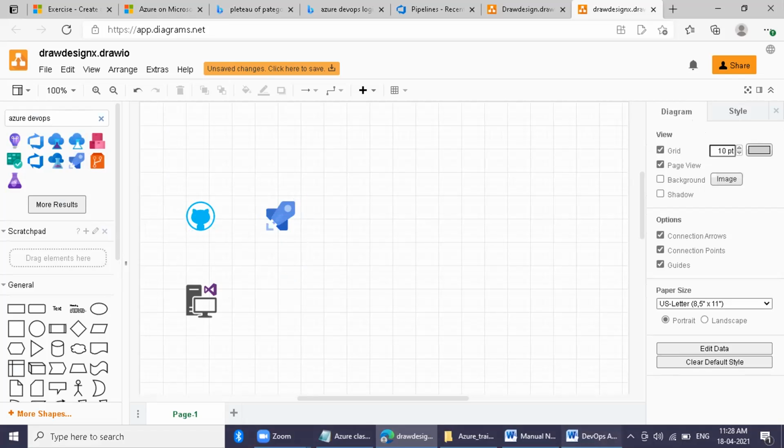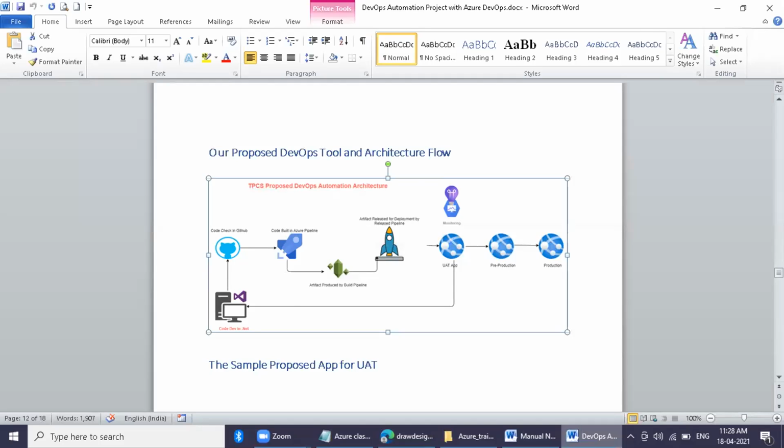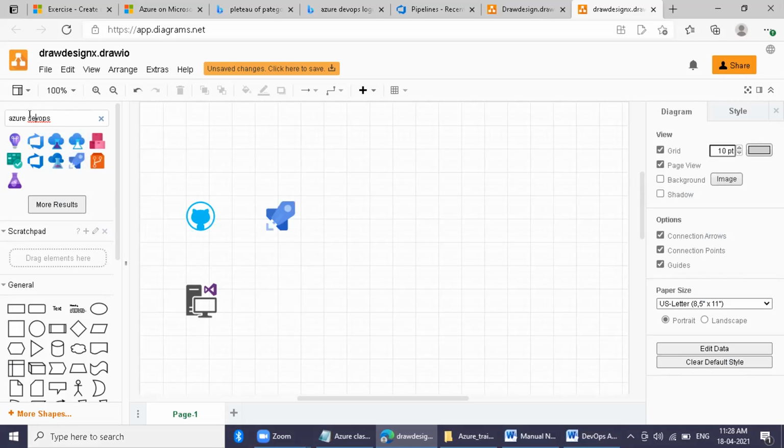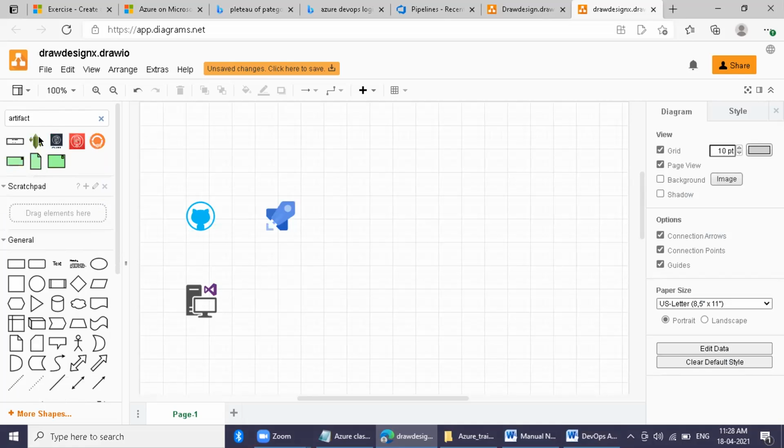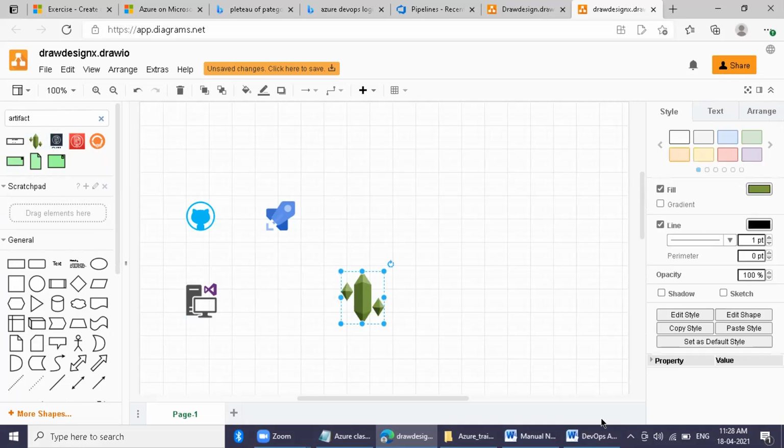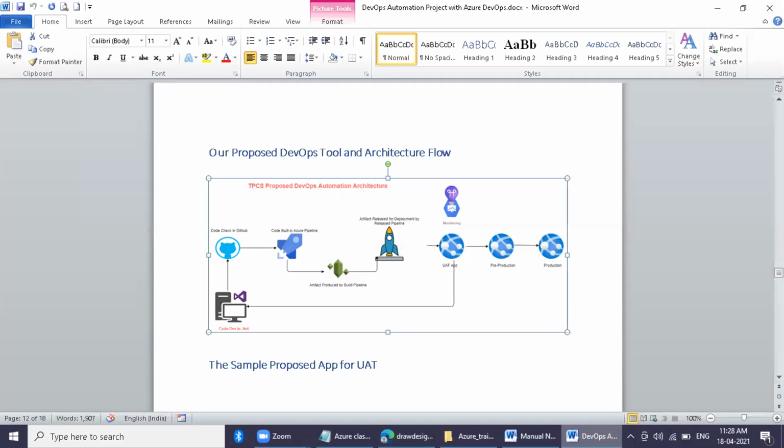Then what? Artifact. Very good. Then just say release pipeline.